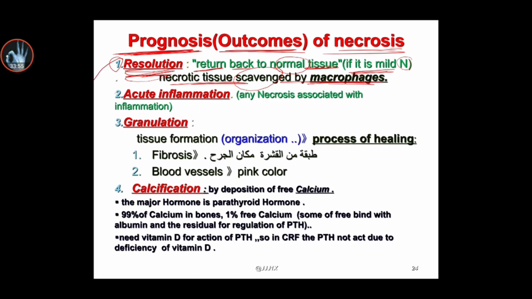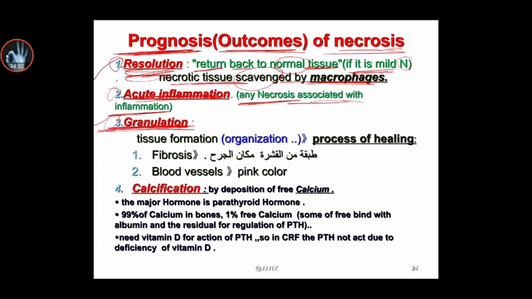The second outcome is acute inflammation. Any necrosis is associated with inflammation. As we said, necrosis occurs as acute infection or acute inflammation, which leads to irreversible cell injury, then leads to necrosis. So necrosis may still remain as acute inflammation, not complete necrosis. Or as the third result,